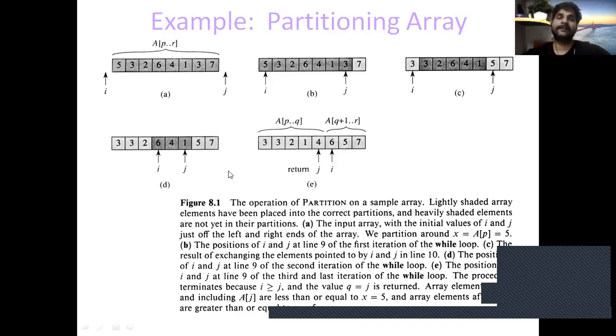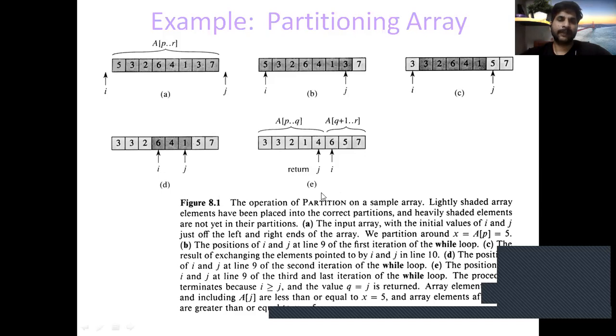Now we check the value of array of i and array of j, and first we check the index value of i is less than index value of j, correct. So then swap array of i with array of j. Now i has sorted, 6. Next we apply the step for j.